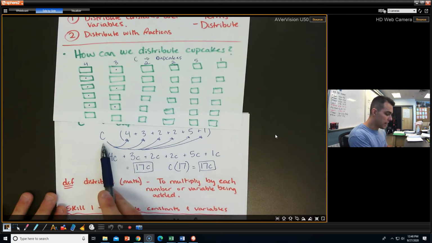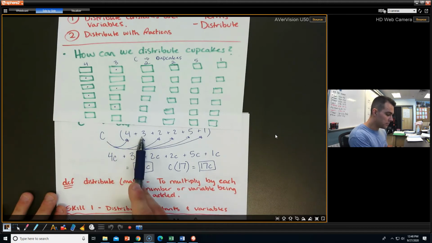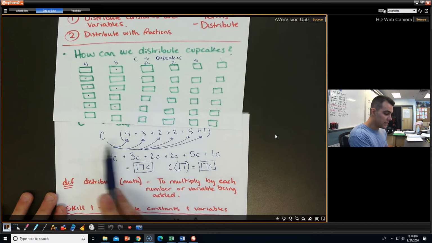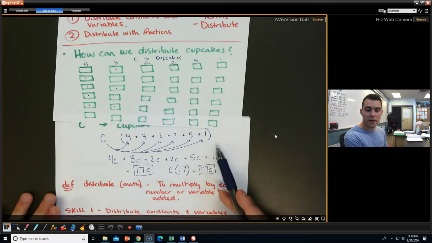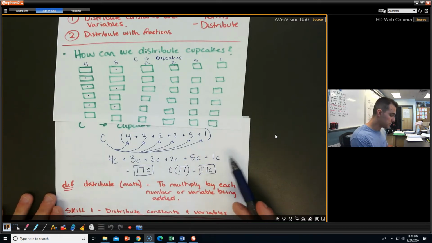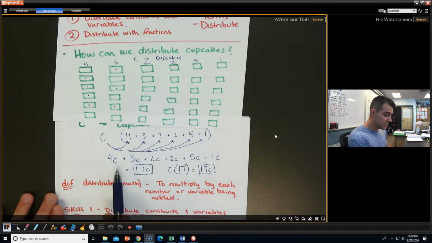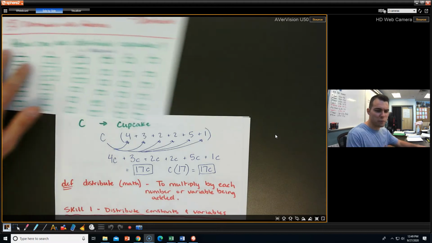To multiply each number being added in here, right? It's separated by parentheses. So basically, I can use this skill to help me solve some problems and to rewrite expressions. Let's take a different look at this in a little bit, okay? Let's go to skill 1, which is